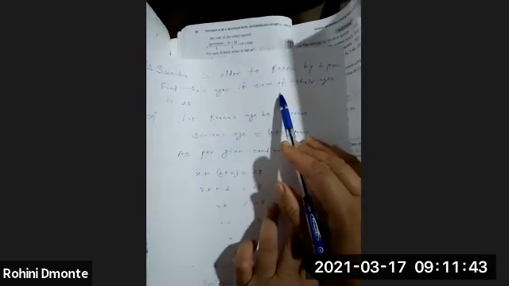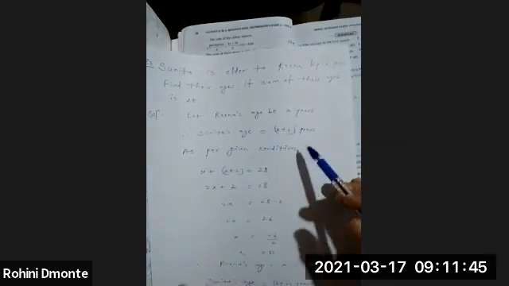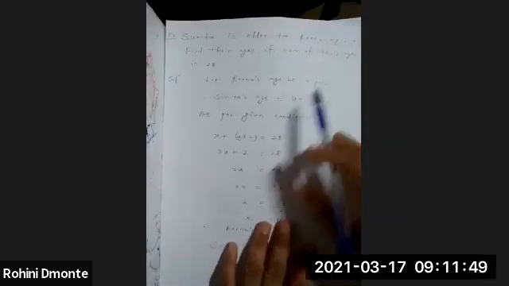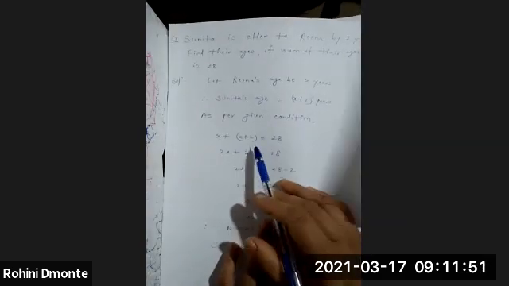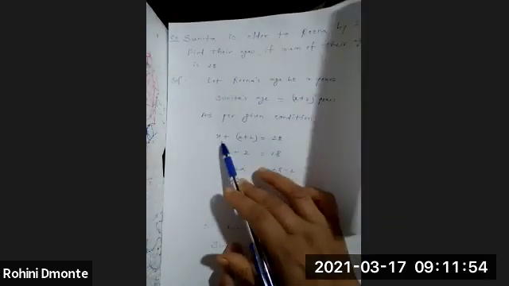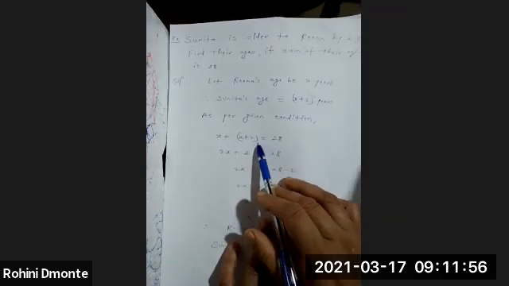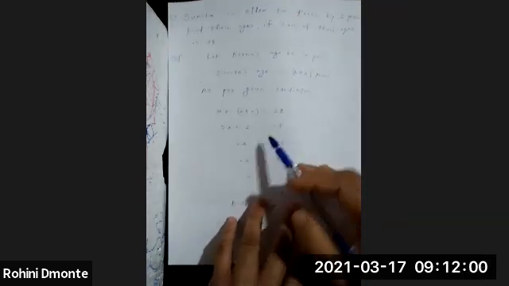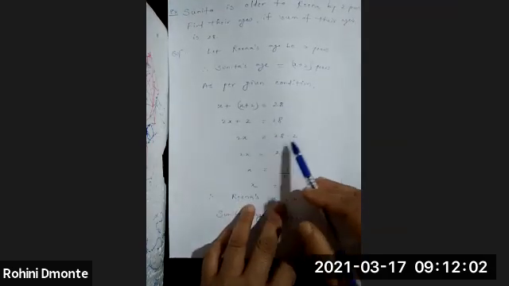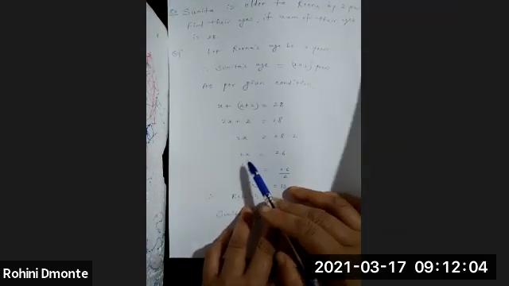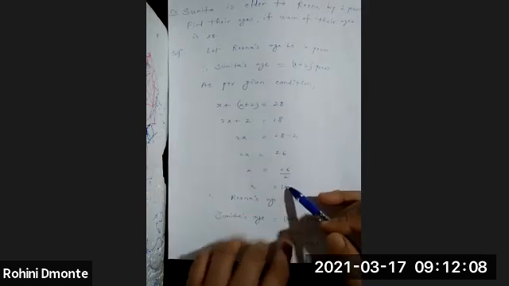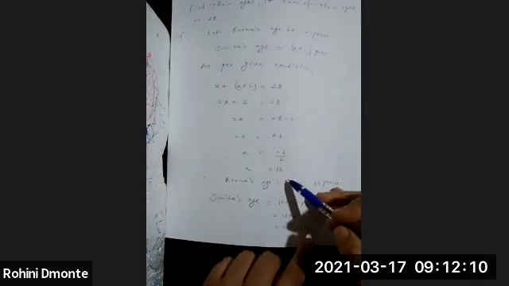Now what is the condition given over here? 28. Yes, the sum of their ages is 28. So as per the given condition, x plus x plus 2, that is the sum of both Sunita's age and Rina's age, is 28. So 2x plus 2 is nothing but 28. So 2x is equal to 28 minus 2, that is 2x is equal to 26. So x is equal to 26 divided by 2. So that is nothing but 13.